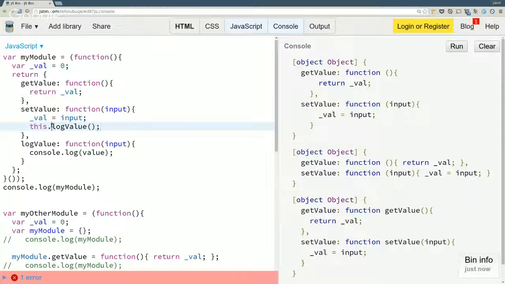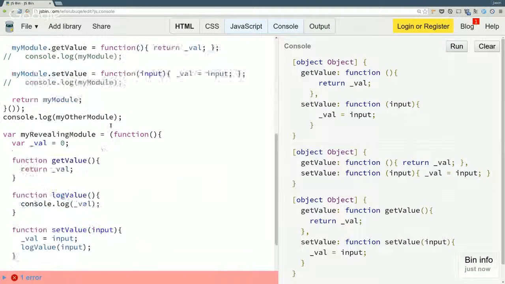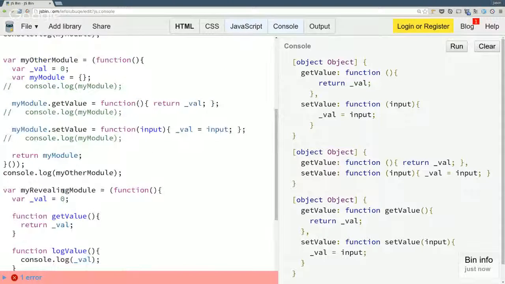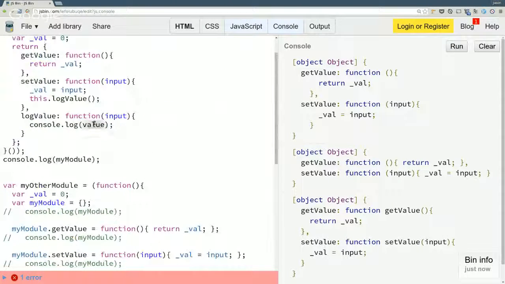But if you don't want to type this all the time, and you just want to call a private function like a private function, then this gives you that ability. So again, it's much more style oriented than behavior oriented. Log value would have to be input, not value up there, right? On the other one. Yes. Okay, just double check.